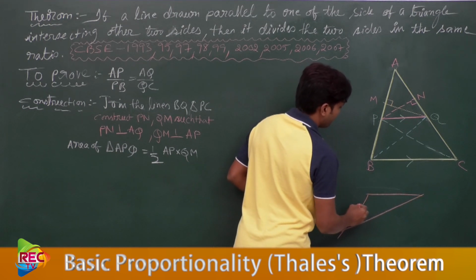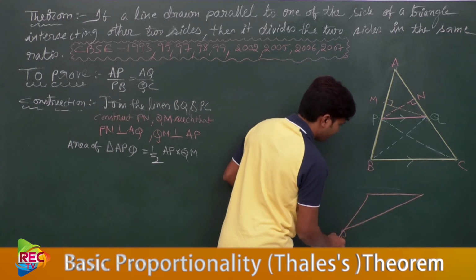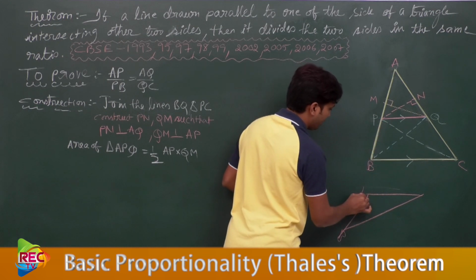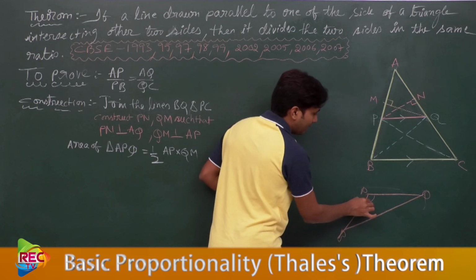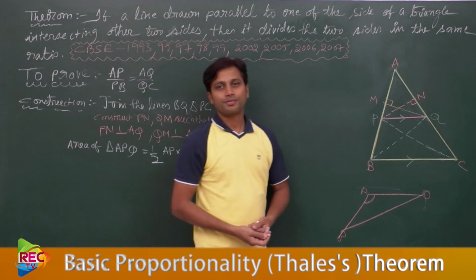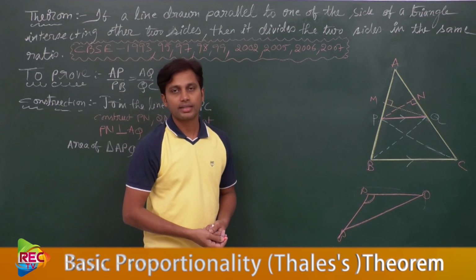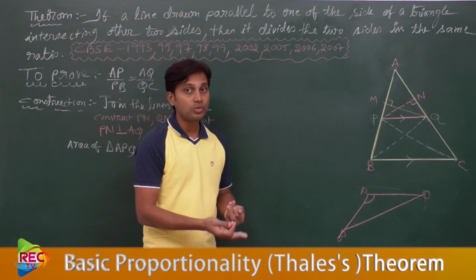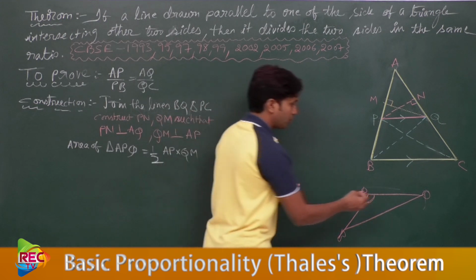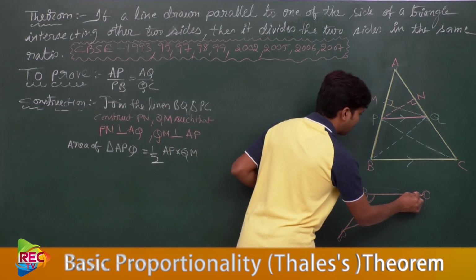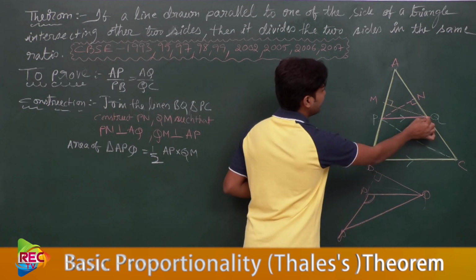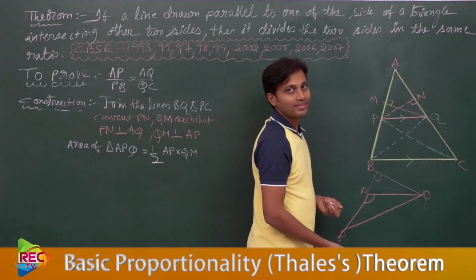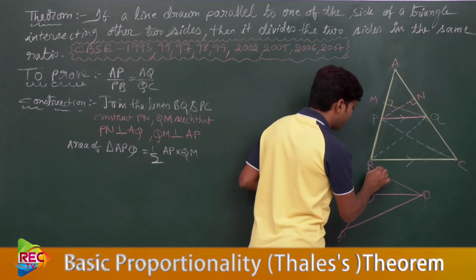Okay, now this is B, this is P and this is Q. Now is it an obtuse angle triangle or not? Yes, obtuse angle triangle. So definitely the height will be outside of that. So if you draw the height, it will come like this, or not? Then this height is representing QM, or not? Exactly, this is QM.